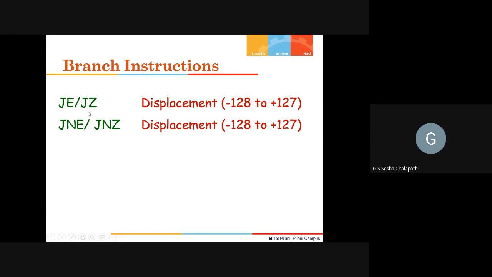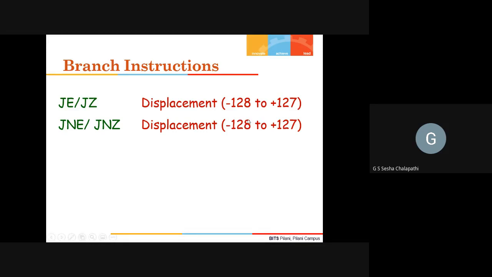Only 8 bits will be used for capturing the displacement in the near jumps. So for these jumps, the displacement will be in this particular range, and only 1 byte will be used for capturing the displacement, right?